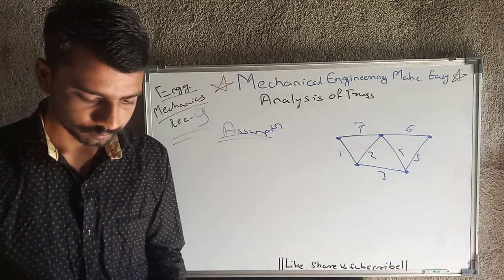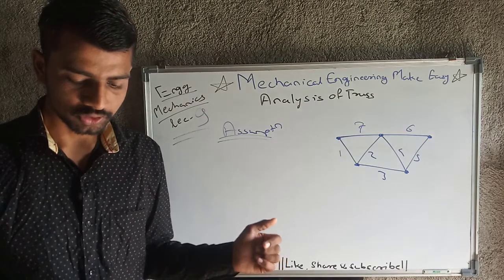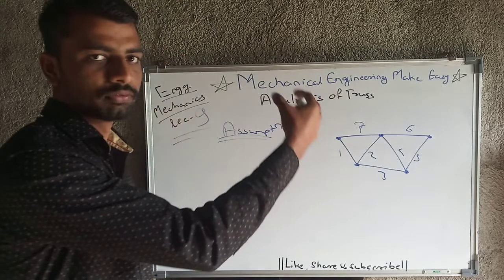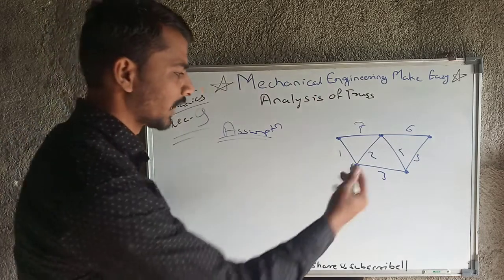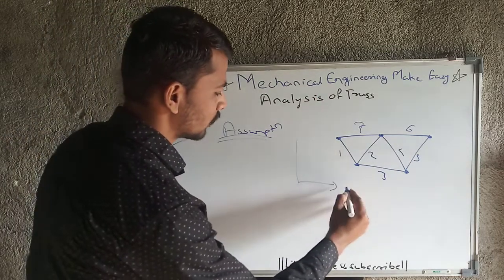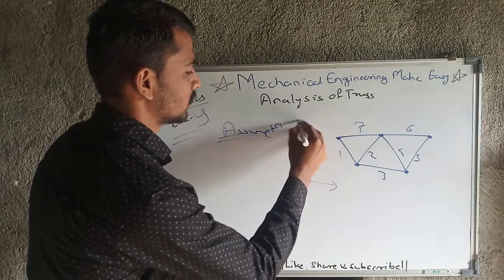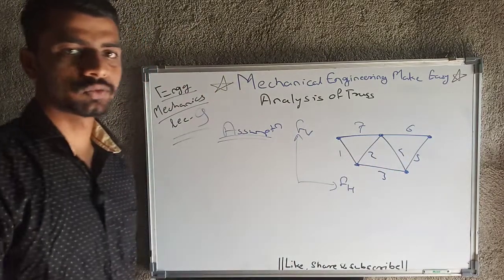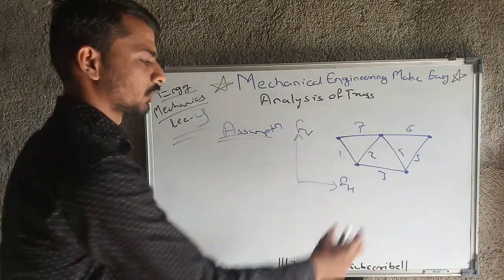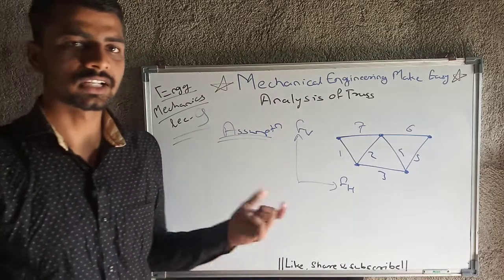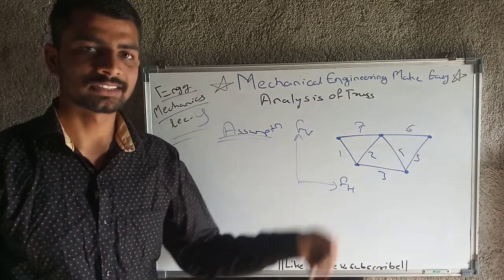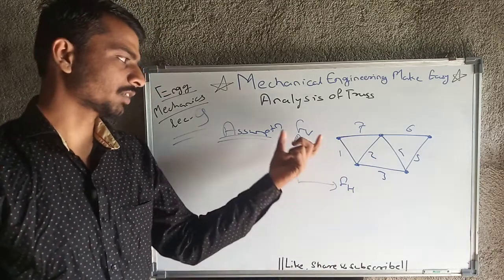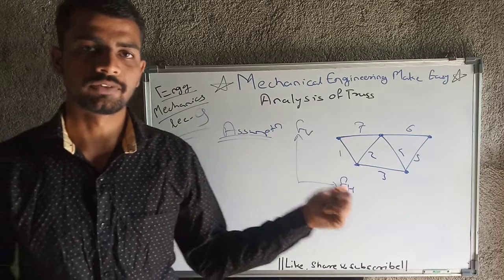Then next, the members are straight, uniform and two force members. All the members will be straight, with a uniform cross section, and all members will be two force members, only vertical and horizontal. All the members will have only two kinds of forces, that is vertical force and horizontal force. Ultimately this is also an assumption, and practically there may be chances that inclined forces will be there. So we will divide that force into horizontal and vertical components with the orthogonal force division method.